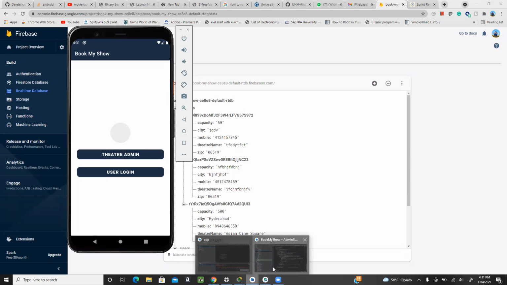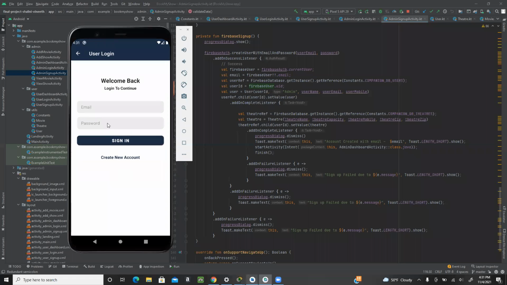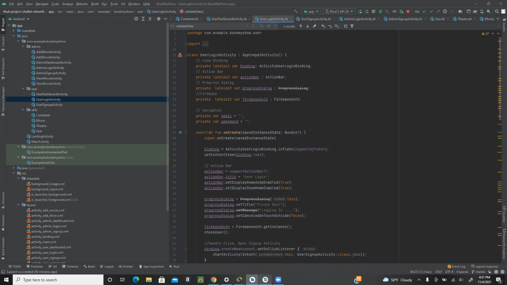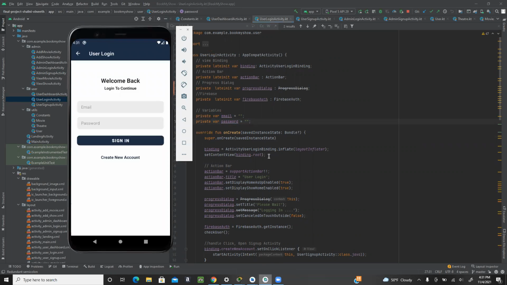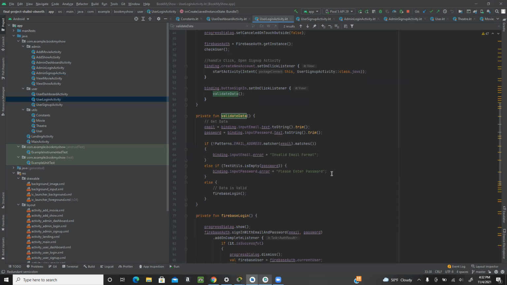Similarly, if the user wants to log in or sign up, he has to click on the user login button. When he clicks on the user login button, we go to the user login activity. The user will enter an email address and a password. As you can see in the code, any data that we enter